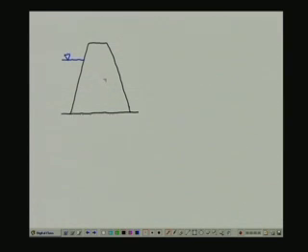So in this case, the load to be transferred is going to be directed in this manner. So this is going to be the resultant. Now we could have, for instance, bedding orientation of this type,